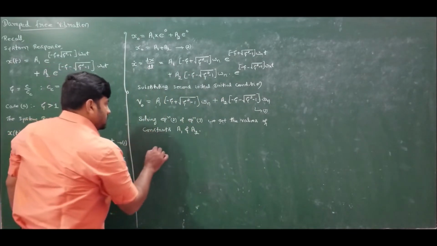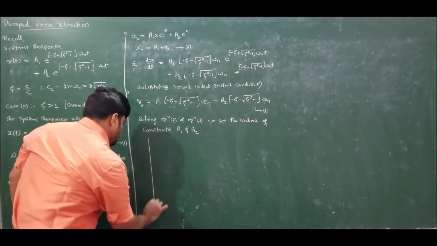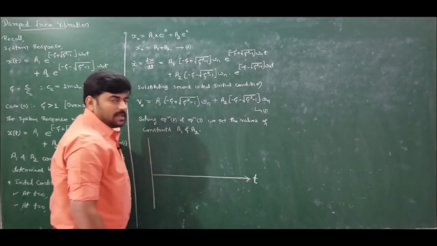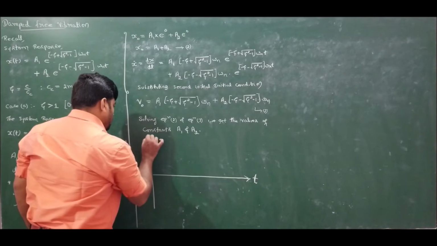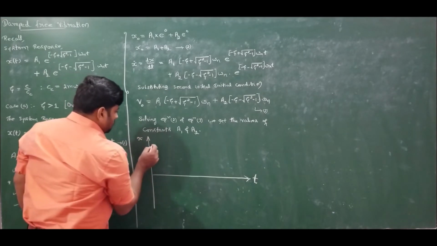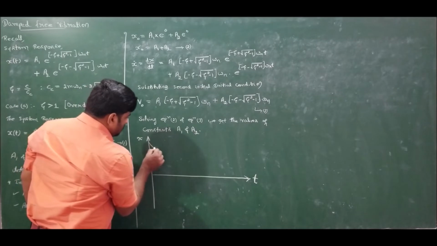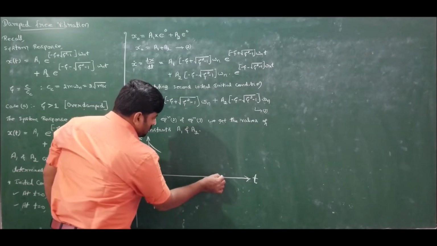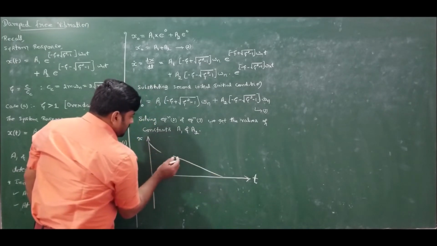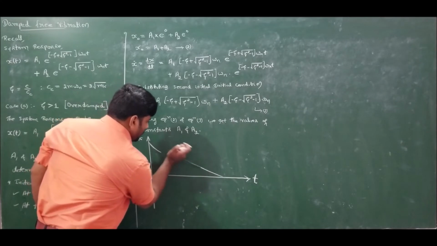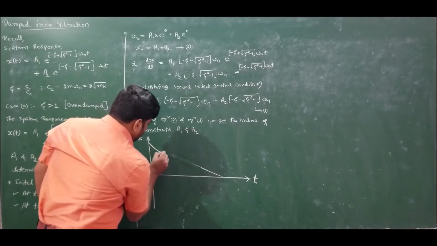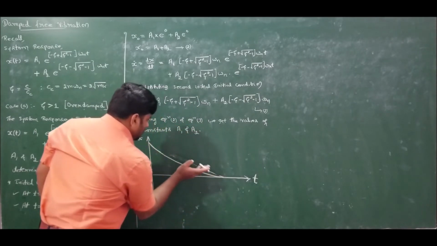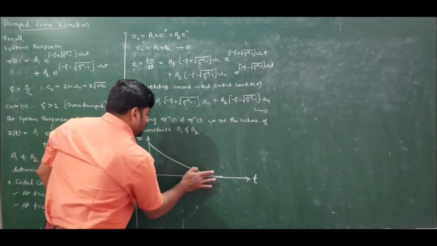So if I sketch the system response of overdamped system, it will be like this. System response is nothing but what? Displacement as a function of time, correct? So here I have displacement x. For overdamped system, the system response will be like this. The amplitude of vibration decreases exponentially to 0, because if you observe the system response, it is e to the power of minus zeta, so it is decreasing exponentially,